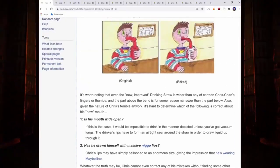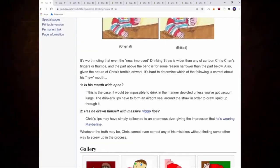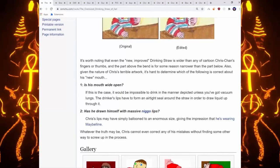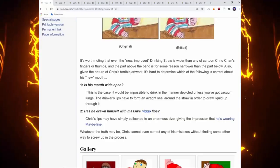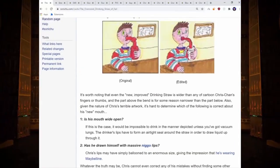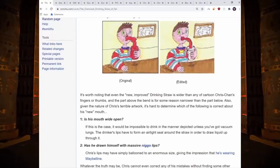I didn't even notice that. That is a fat straw regardless. And the part above the bin, for some reason, is narrower than the part below. Also, given the nature of Chris's terrible artwork, it is hard to determine which of the following is correct about